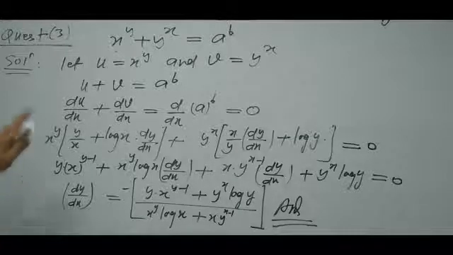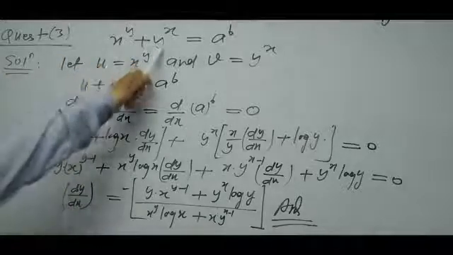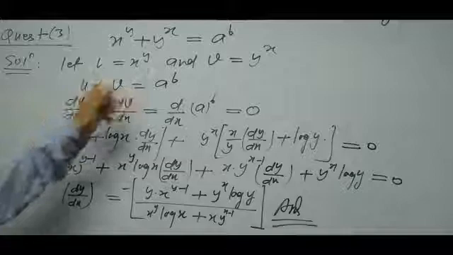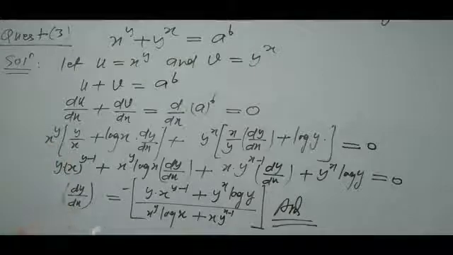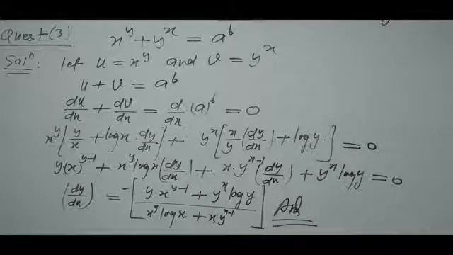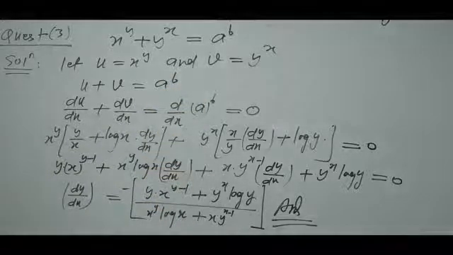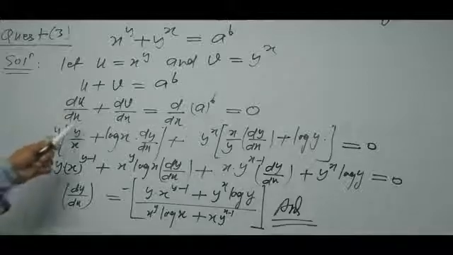Now in this question we have to find dy by dx for this expression. So you will consider u and you will consider v. So u is equal to x to the power y. By taking log on both sides, you can differentiate this function, so you can calculate du by dx. And again, in this function, y to the power x, you can apply the same concept, taking log on both sides. So v is equal to y to the power x. After taking log, the functions will be multiplied, so after differentiation you can simplify and put the values of du by dx and dv by dx.